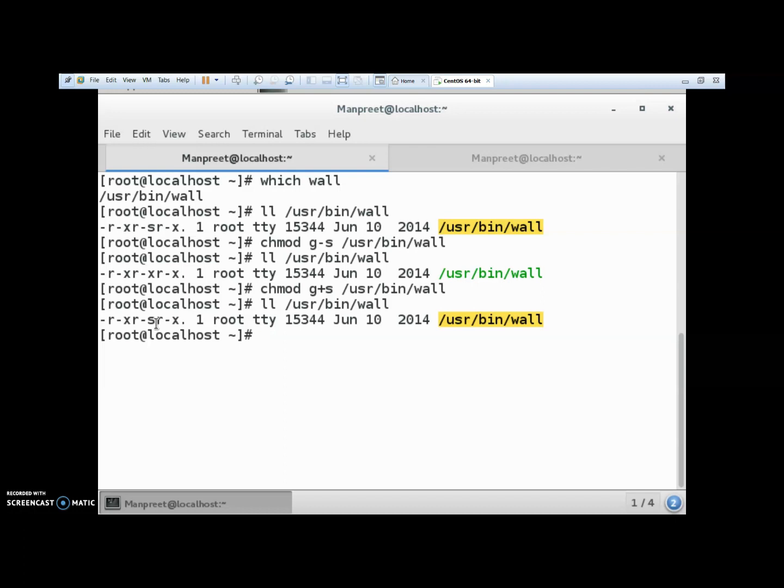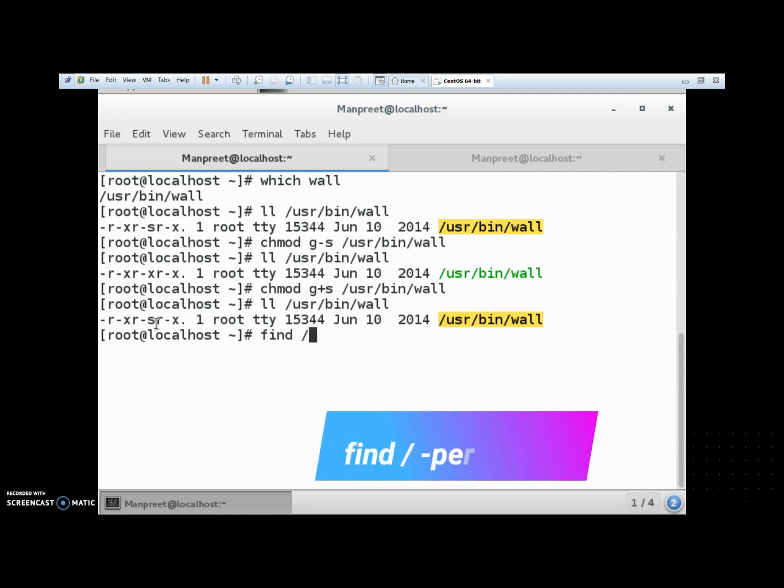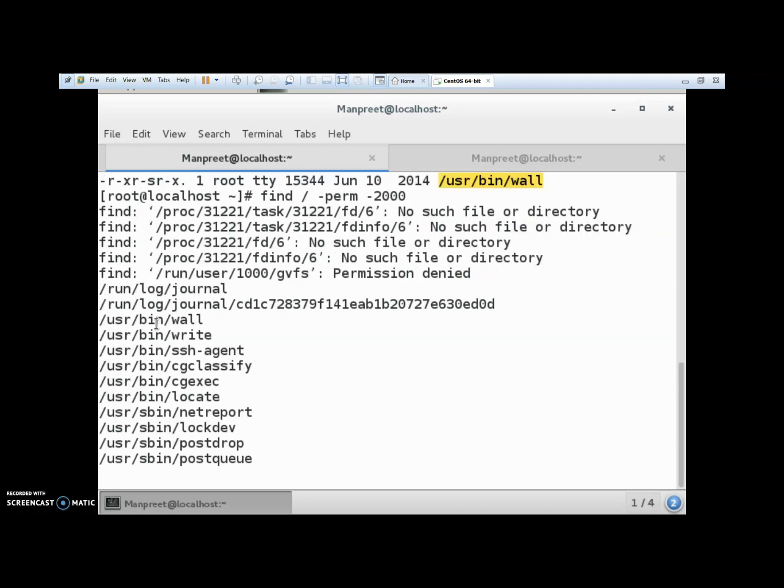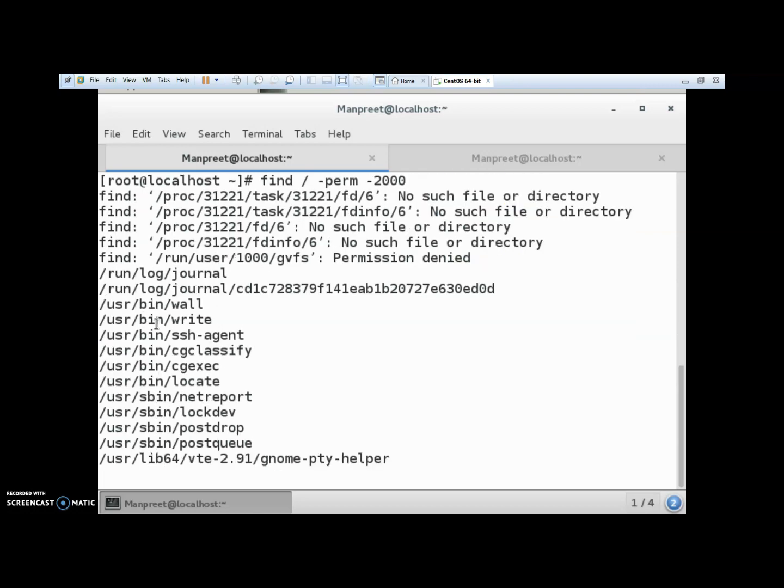If you want to find more files in the system which already have the GID bit enabled, the command is find / -perm -2000. These are all the files in which the set GID bit is already enabled.